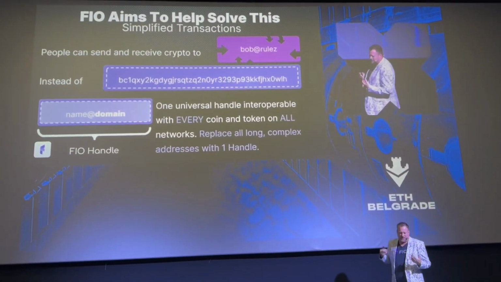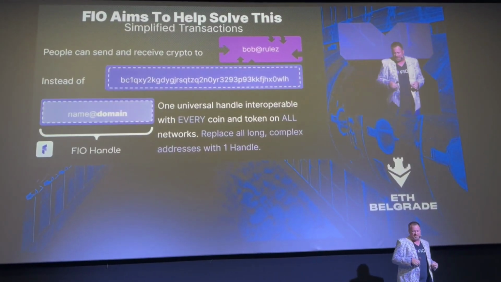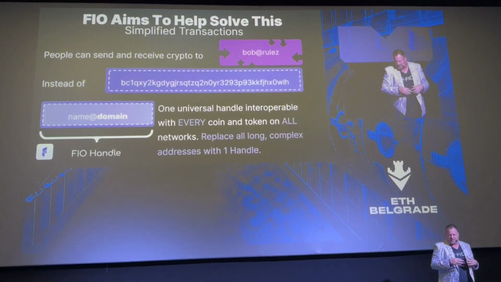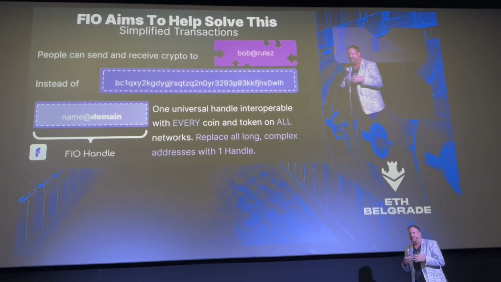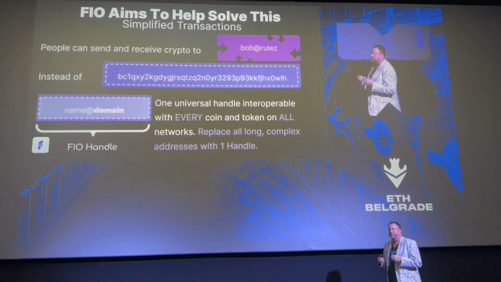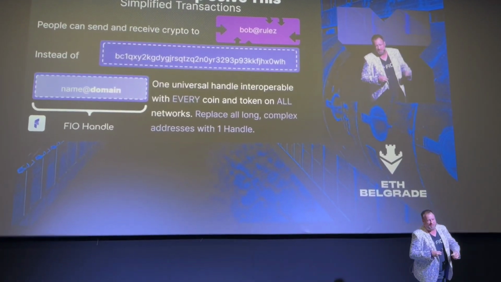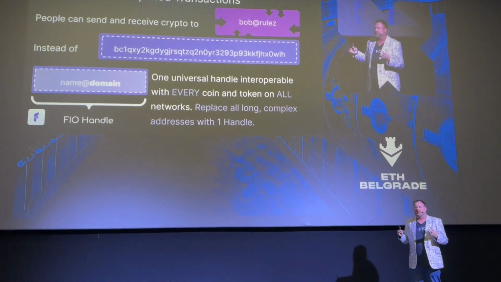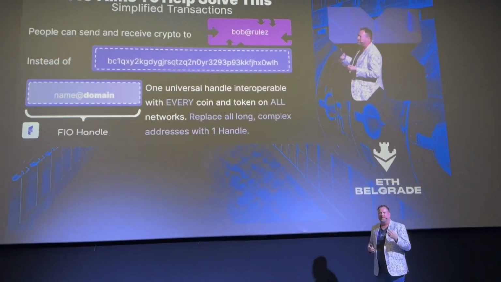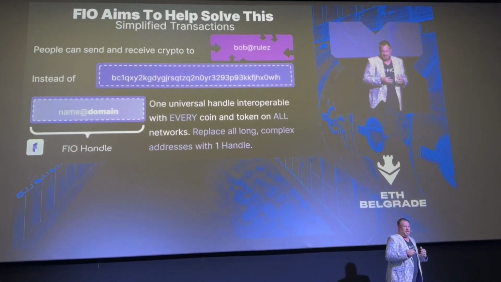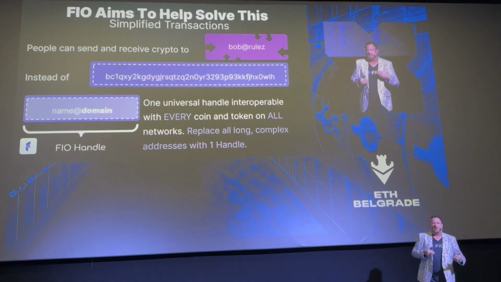And what FIO does is we aim to solve this with simplified transactions. So being able to send and receive crypto to any wallet address. FIO is designed to work with any chain, any coin, any token. It's not limited to just EVM. We realize the future is multi-chain. So whether you're sitting on Bitcoin, Ethereum, Solana, Cosmos, or anything else,